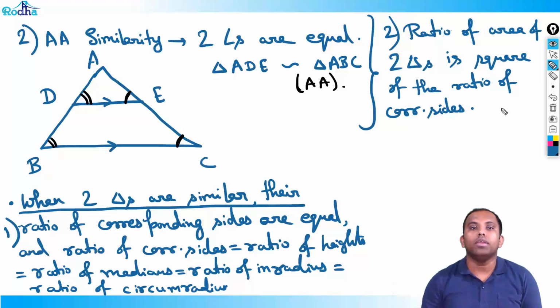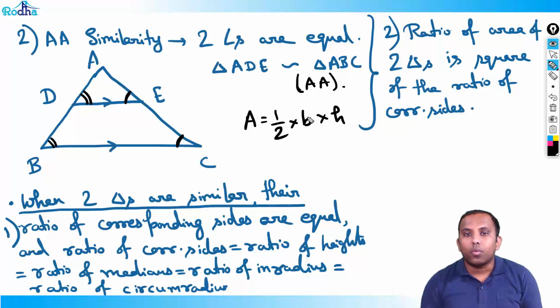Now you can easily see why the second point occurs. I'll explain why. It is because area is equal to half into base into height. So once you take the area of two triangles,